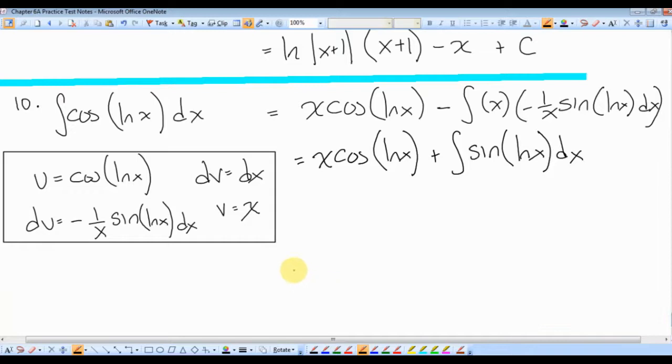We're going to have to add it over. Very good. All right, so u equals sine of log x, dv equals dx. Good thinking. du equals